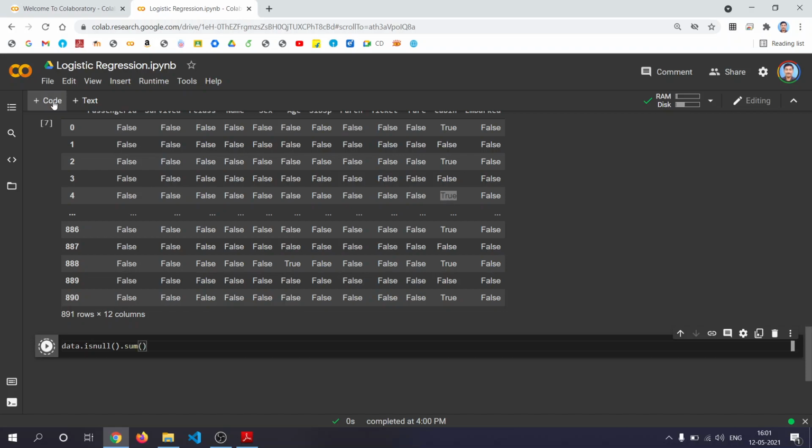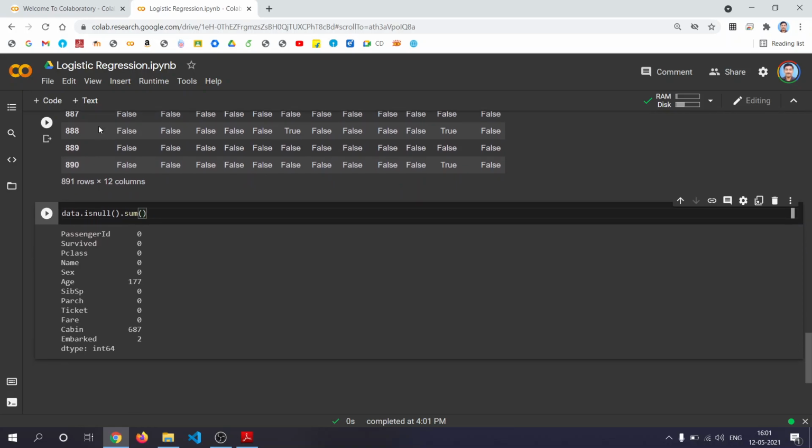You add all these things, then you can get a summary of it. See, there is no passenger ID missing. There are 177 people whose age is missing. There are 687 people whose cabin is missing. There are two people whose embark data is missing.